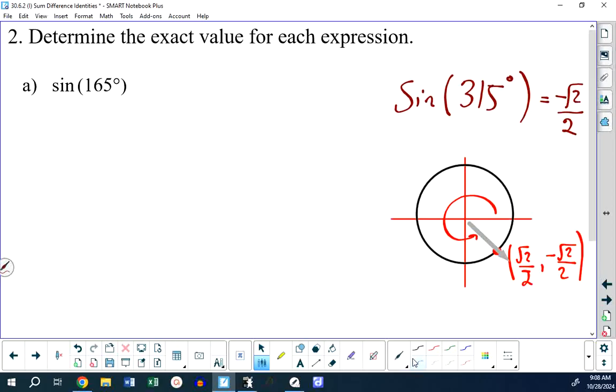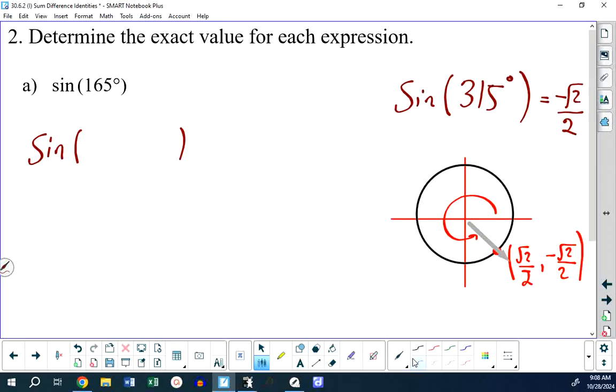The issue here is, where is 165 degrees on the unit circle? It will lead to a point on the unit circle. You just don't know the coordinates of that point. So this strategy falls apart. We do happen to know the coordinates at 150 and at 180, but not at 165. Well, that's okay. We're going to rewrite this as the sum or the difference of